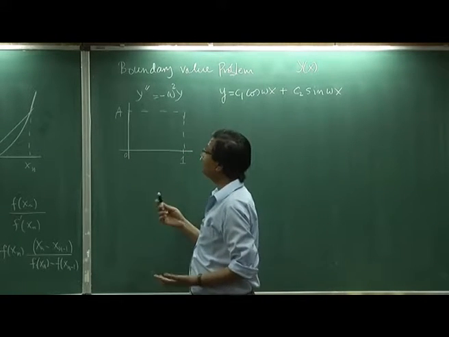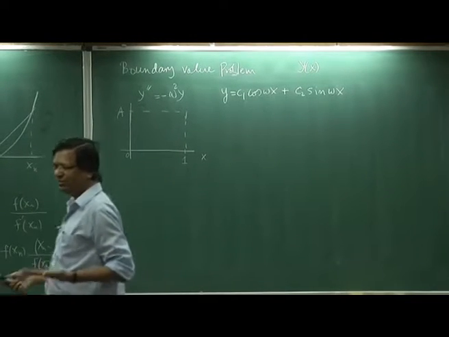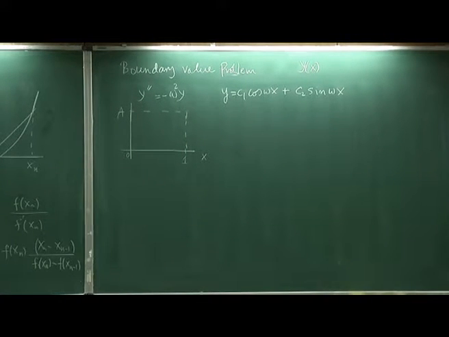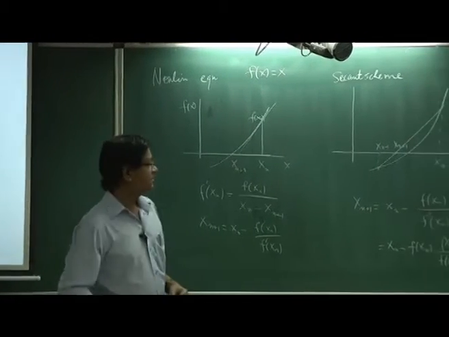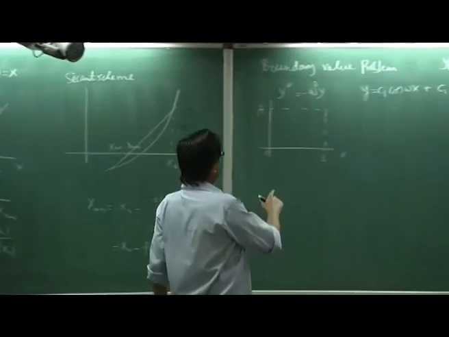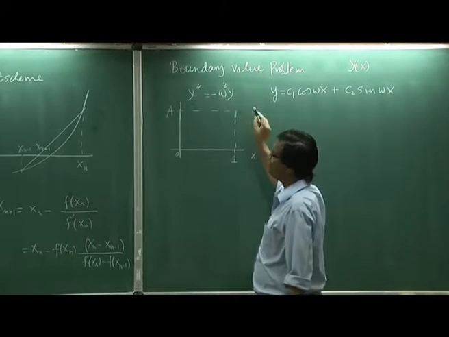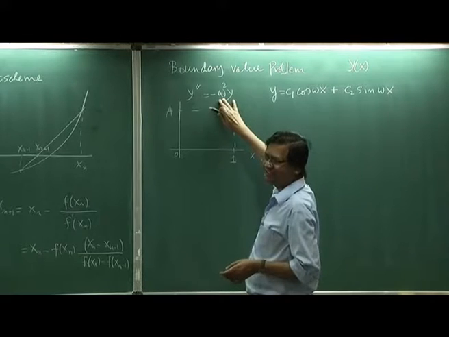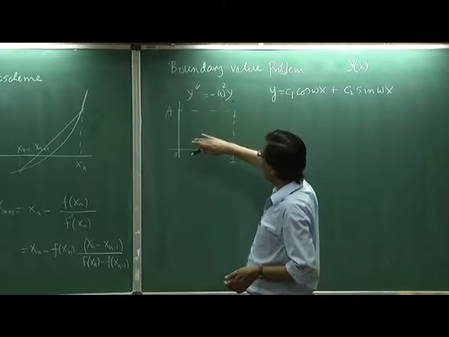Initial conditions require y and y prime, which you may not have many times. For a string problem, we give the position of the string at the ends, or for the Schrodinger equation we say what the value of the wave function is at the ends. So this is what I am specifying, and I need to find the function y. Of course, this problem is easy, but in general how do I find it?